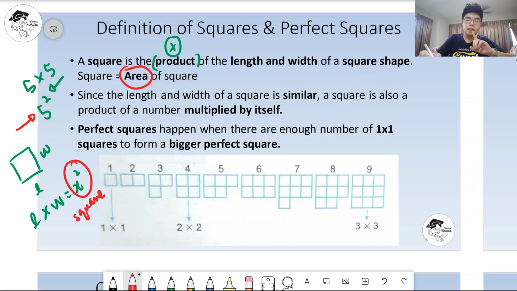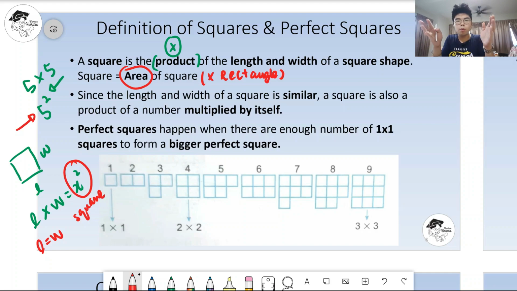But you have to be careful. It says area of square, tapi it's not the area of the rectangle. It cannot be the rectangle, because for a square the length and the width are the same. The length and the width are actually the same. So you have the same number multiplied by itself to get the square of that number. Jadi if it's a rectangle, you are going to have sisi yang tidak sama panjang, kan? Satu akan lebih lebar daripada yang satu yang lain tu. So satu panjang, satu lebar yang tak sama tak boleh didarabkan.